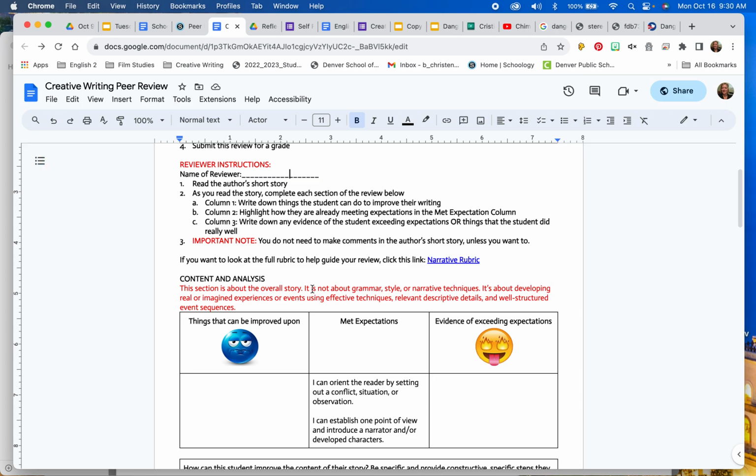So the first section is about content and analysis. This is about the overall story. So the plot. It's not about grammar, style, and it's not about narrative techniques. So you're not really looking at the sensory details or anything like that. You are focusing in on the plot of the story and the point of view of the story and the